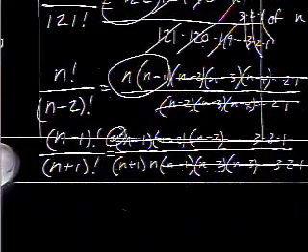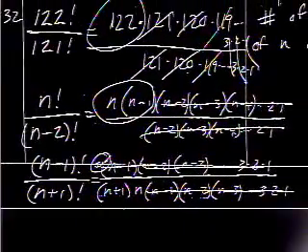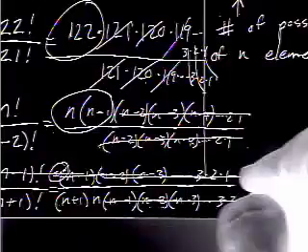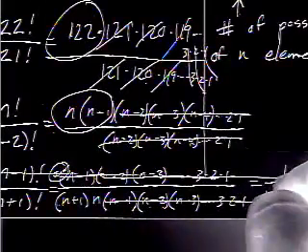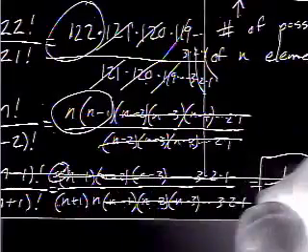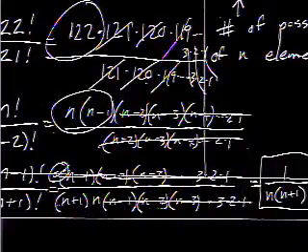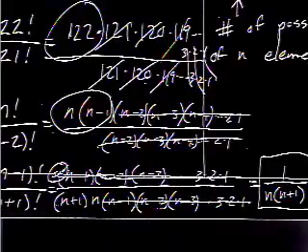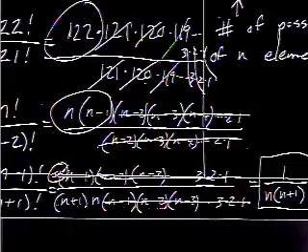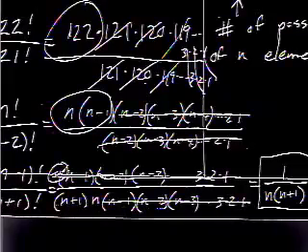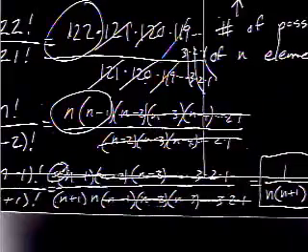So my answer to this is 1 on the top and n times n plus 1 on the bottom. One on the top and n over n plus 1 on the bottom. And that concludes my